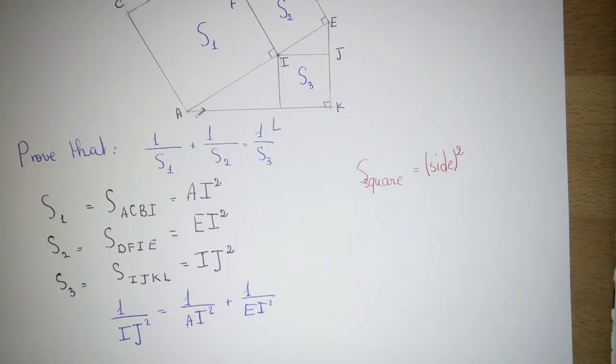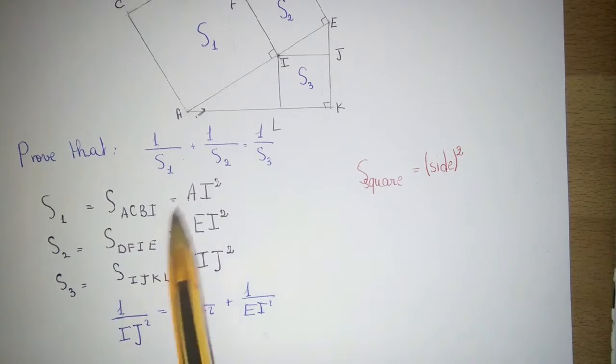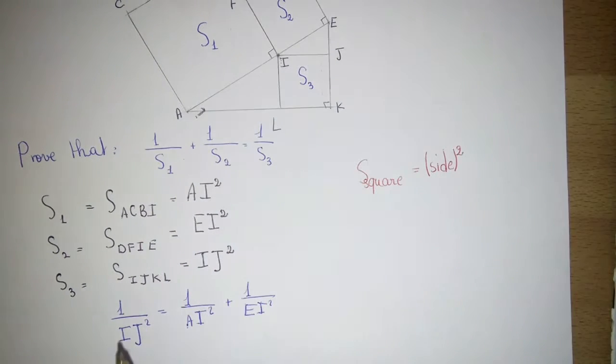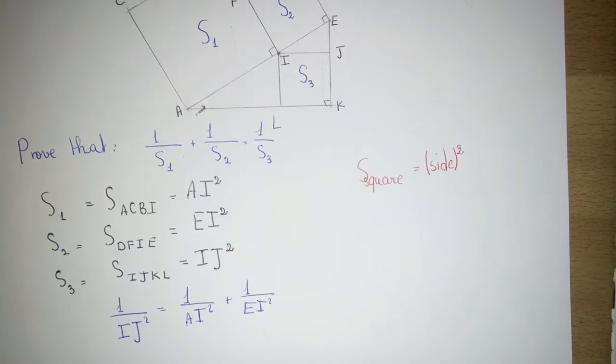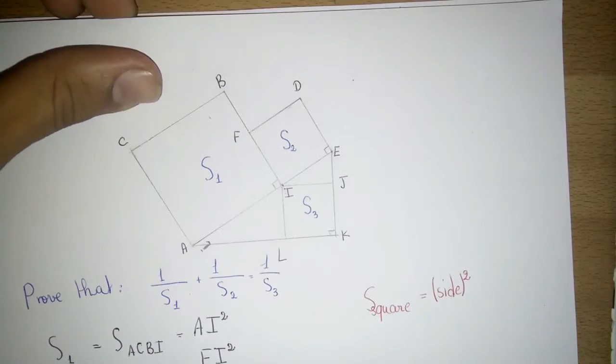So now we can rephrase the problem that we originally had as: prove that 1 over IJ squared equals 1 over AI squared plus 1 over EI squared. So how are we going to prove this formula? Well, let's take a look. We have AI squared and we have EI squared. If we take a look back at our shape,